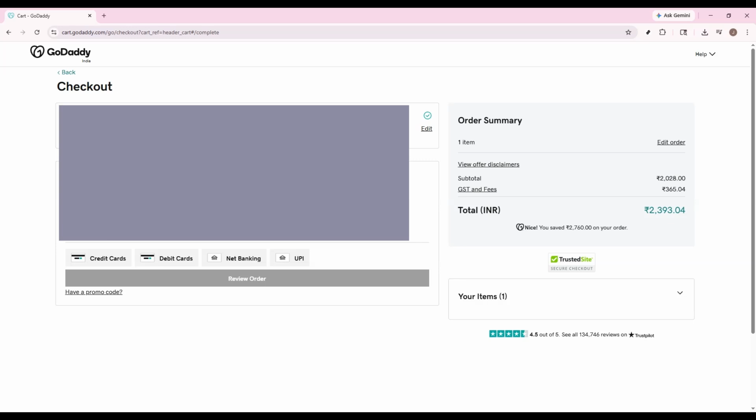Once the payment is processed, your GoDaddy hosting purchase will be completed and your account will be ready for the next setup steps. From there, you can start connecting your domain, installing WordPress, or building your website, depending on your goal. So that's how to buy GoDaddy hosting from start to finish. It's really just a matter of signing in, going to Hosting, choosing Web Hosting, selecting the right plan, and completing